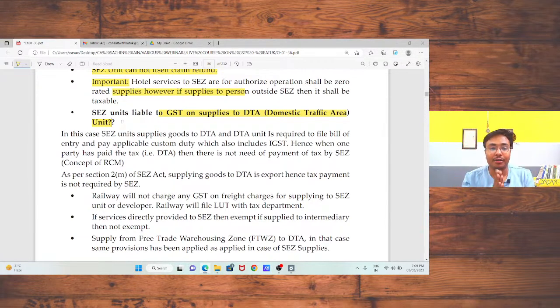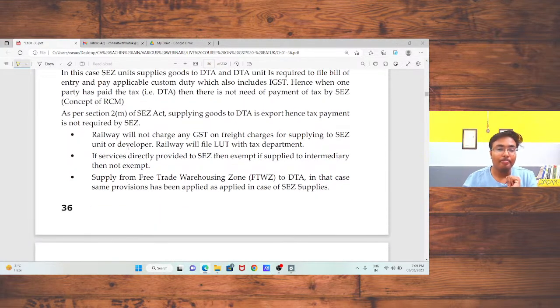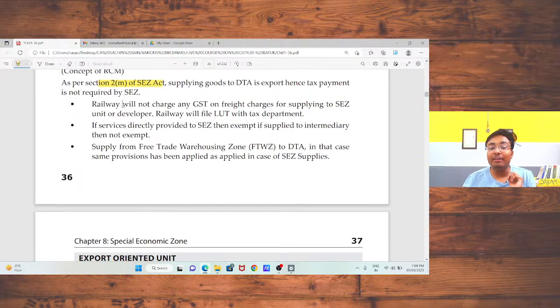Now, as per section 2 subsection M of the SEZ Act, supplying goods to the DTA is treated as export, hence tax payment is not required by the SEZ unit. Railway will not charge any GST on freight charges for supplying to an SEZ unit or developer. Railway will file an LUT with the tax department. Sir, we will discuss that point at the time of discussing the topic of refund. But I just want to clear it that